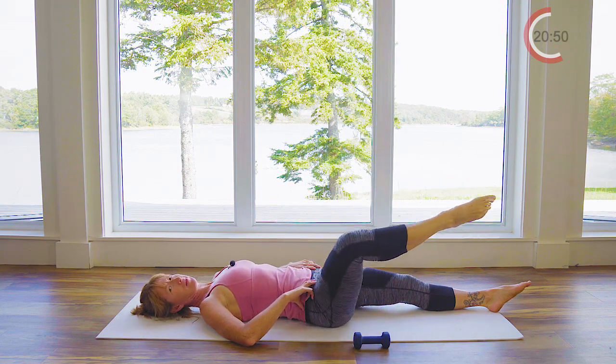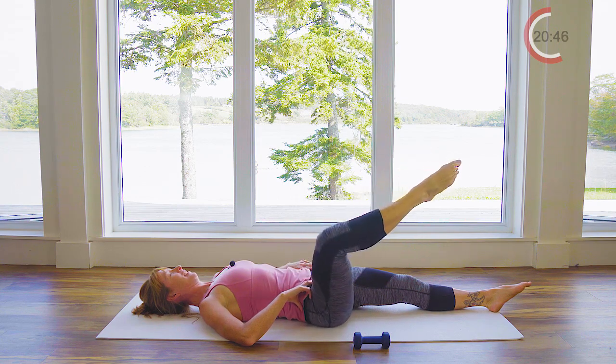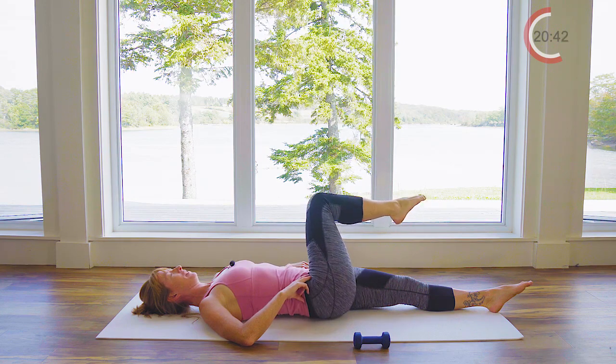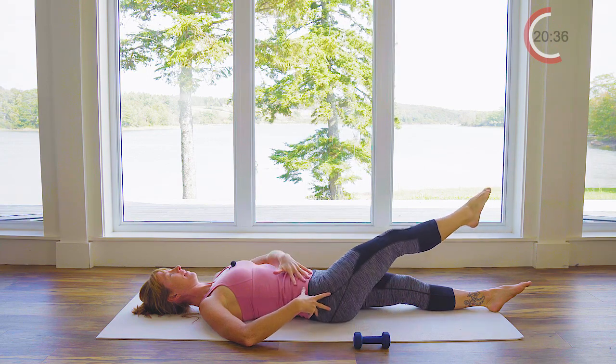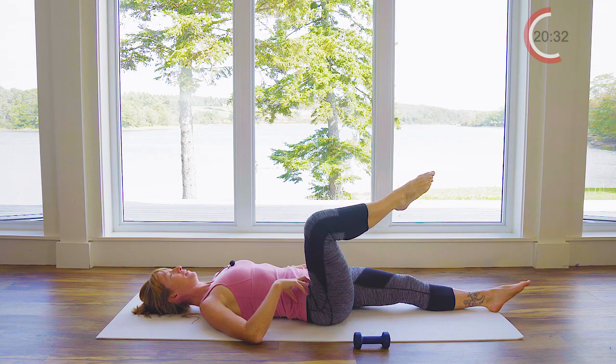And are you relaxed in the upper body? Good. Let's reverse the circle. Out to the side, down and around across the midline. And you are trying to make the circle as big as you can control. This ends up being like a very nourishing exercise for the hip, where you take that hip through this big